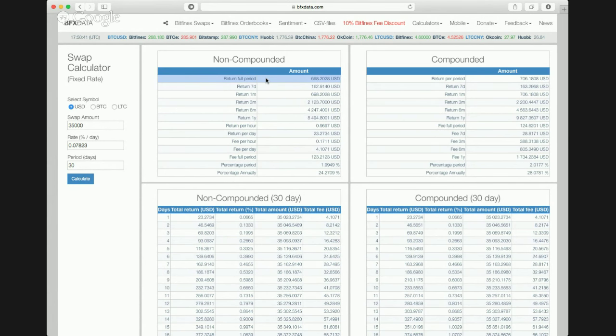So basically, every week I can get almost $163 as an investment in this situation, the non-compounded one. The non-compounded one means the return that you're getting every single day is not being reinvested. What that means is you leave the money over there and it's getting the return, and the return that you're getting every single day, you are not reinvesting, or you can actually, depending on the situation, if you are a very good trader, what you can do is take this return,